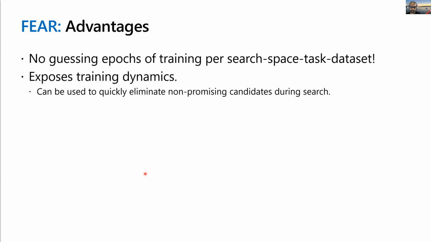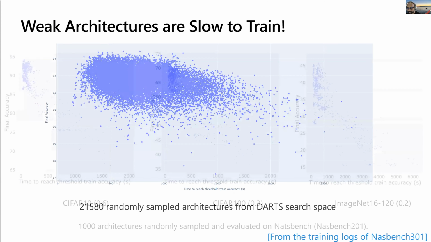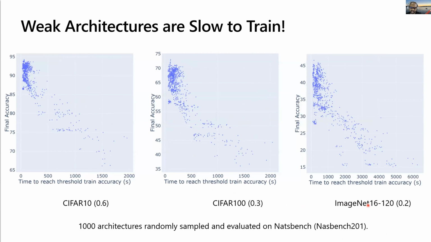So at best, instead of guessing epochs of training for your NAS algorithm, you may want to do some hyperparameter tuning, if at all, on your shallow method, which is much cheaper because function evaluation there is much easier. And at least you don't have to guess how many epochs of training you would need, right? Because the difficulty would become implicit. As you saw before, my shallow method on ImageNet 16, a much harder task than CIFAR 10, indeed didn't do quite as well relative to what it did on CIFAR 10.